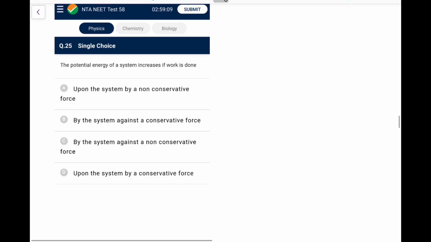Next one. The potential energy of the system increases if work is done: upon the system by a non-conservative force, by the system against a conservative force, by the system against a non-conservative force, or by the system by a conservative force. What we know is, if the conservative force does positive work, potential energy decreases. So